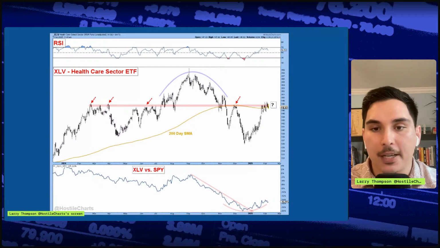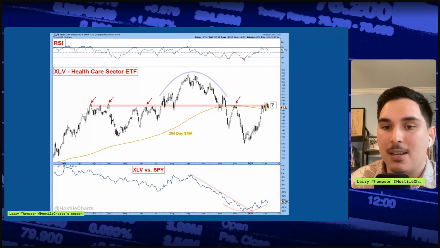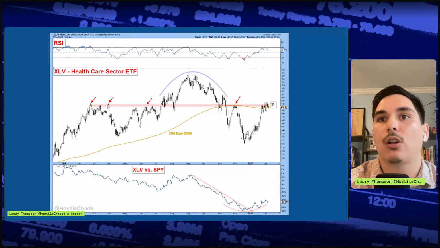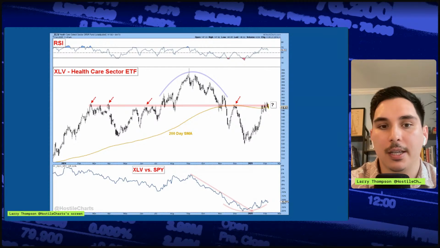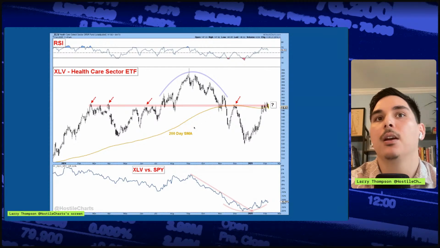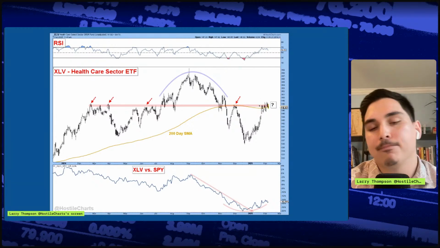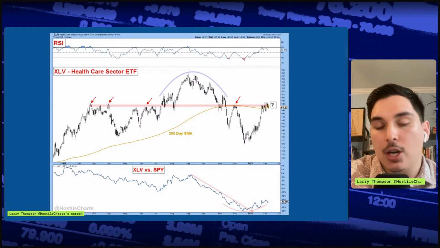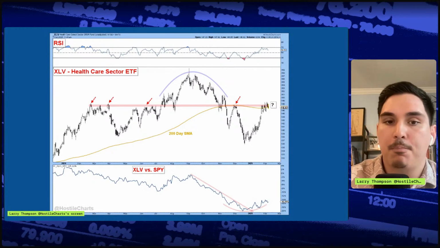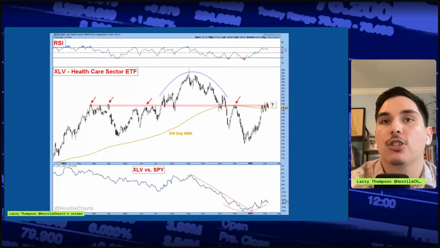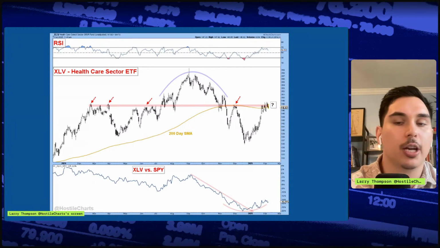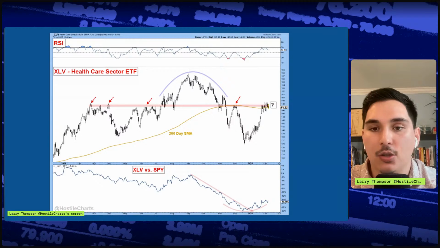Healthcare. Perfect example of why the market isn't making new lows, right? Healthcare was close to breaking down to start the year, and then look, it's ripped back up to its 200-day moving average, had this mean reversion, and now we're at this 148 level. Is this bullish? Sure, it's helping the market, it's rotation, but it hasn't broken out yet, right? It just recovered. It took a punch and it got off the mat. It hasn't started swinging back.